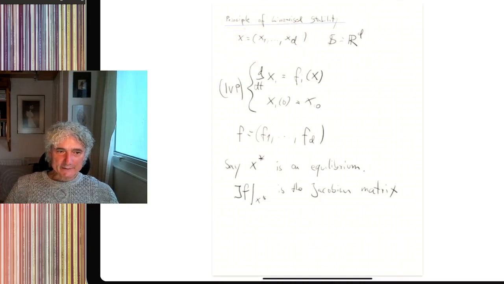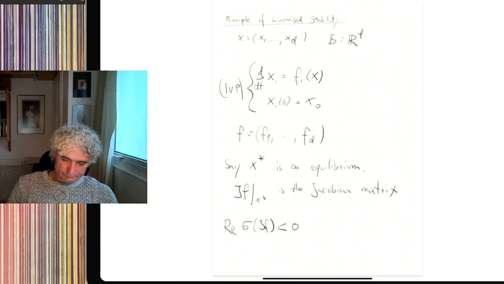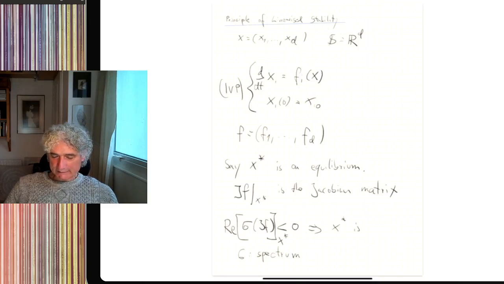Now if the real part of the eigenvalues of this matrix is negative, that is, if sigma of JF, evaluated at x star, has negative real part, where sigma is the spectrum containing all the eigenvalues of the Jacobian matrix,